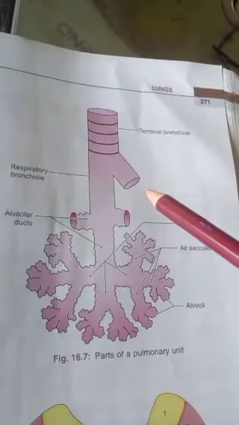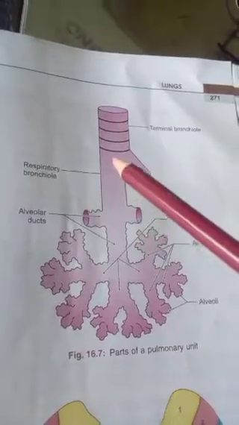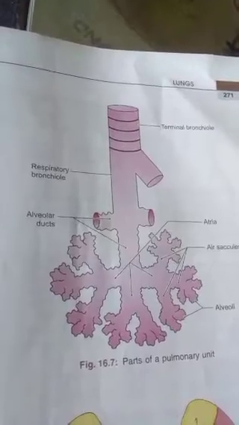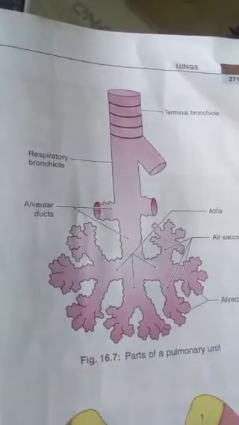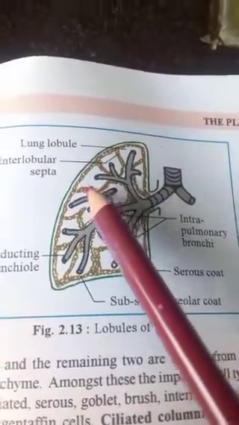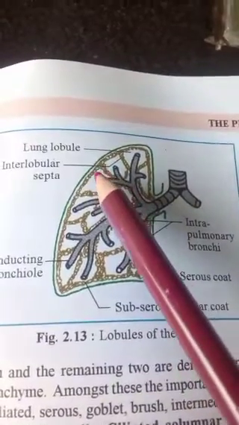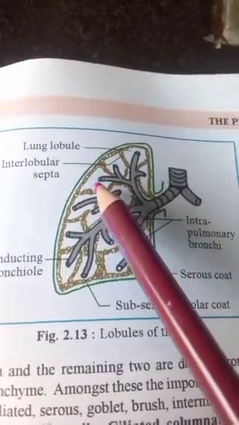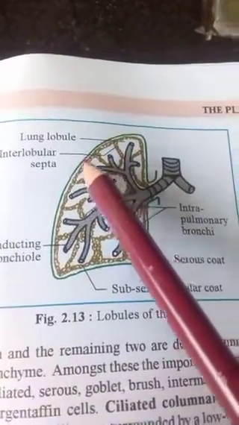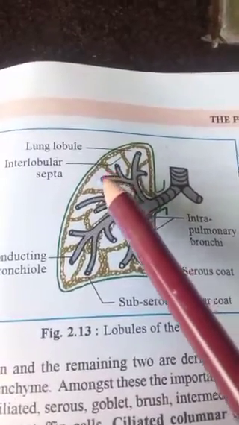The area of the lung aerated, meaning supplied with air, by one respiratory bronchiole is known as the pulmonary unit or primary pulmonary lobule. The area of the lung which consists of 3 to 7 terminal bronchioles and is bounded by connective tissue septa is known as the secondary pulmonary lobule or pulmonary substance.